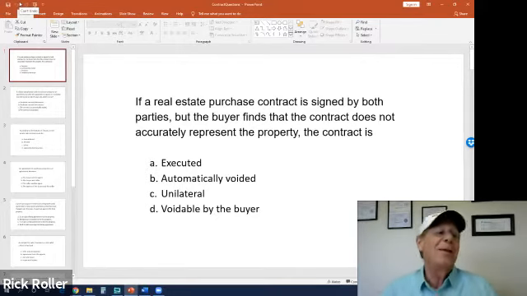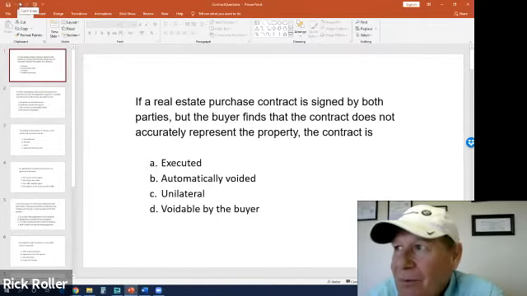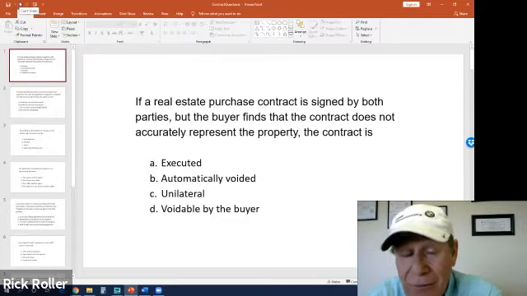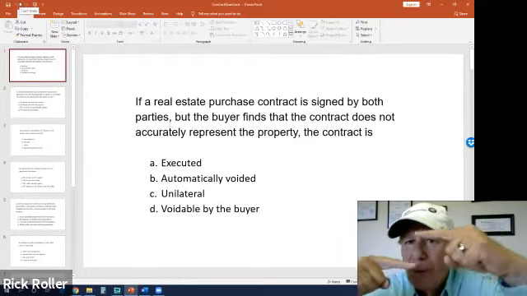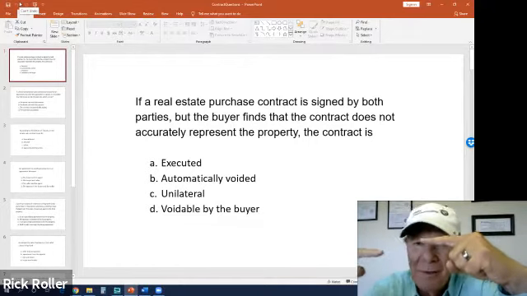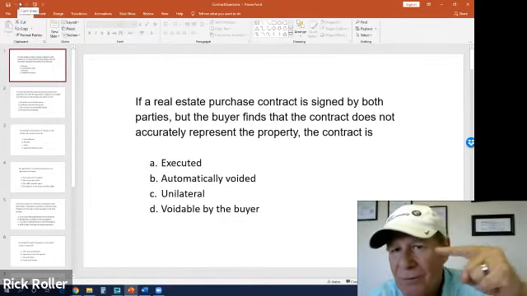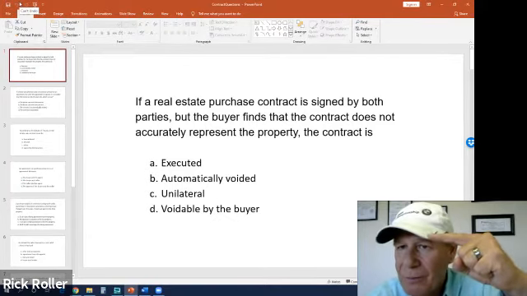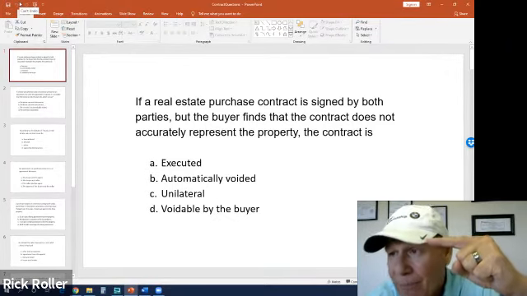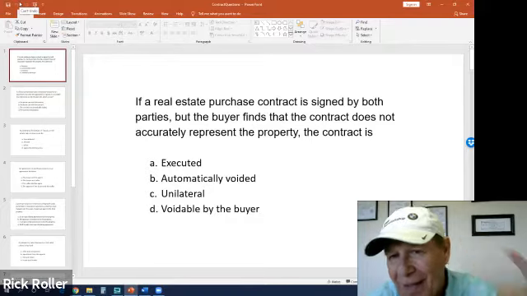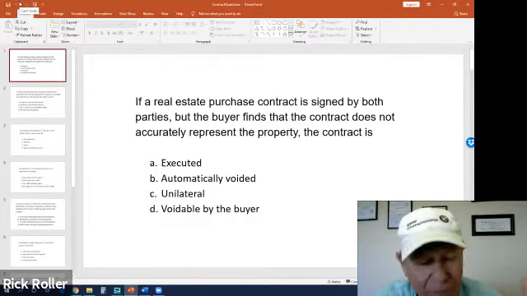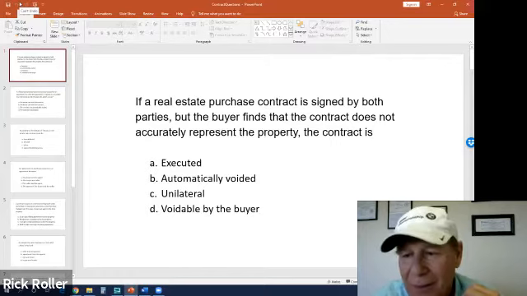All right. So unilateral means the very best example of a unilateral contract that you'll ever see on the exam, guys, is an option agreement. Why? Because there's only a promise made one way. On a buy-sell agreement, like a purchase contract, the promises are made both ways. The seller promises to sell, buyer promises to buy. But in an option, the seller promises to sell, but does the buyer promise to buy, or does he or she have an option to buy or not buy? And that's why that's always on the exam. The very best example of a unilateral contract is an option agreement.